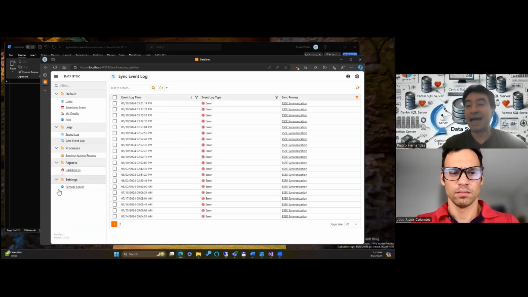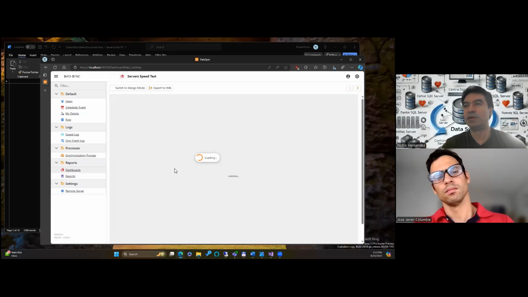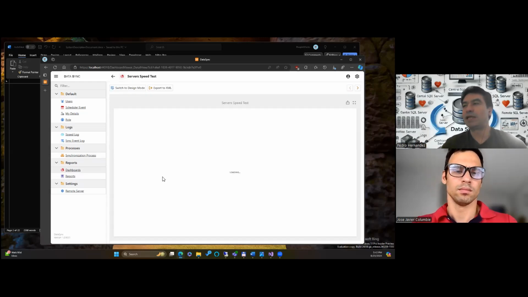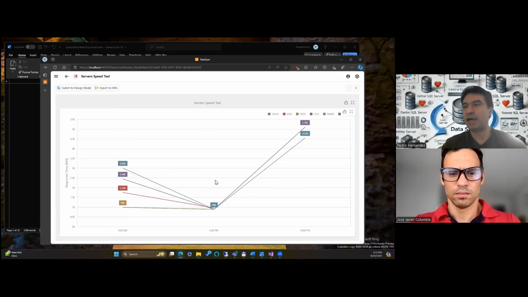So I'm gonna show you the last part, but not the least important, is that we can use the XAF and DevExpress components to make something like this. We are here making a test for the speed for all servers. If you see, we ping the server at different times, and we can have it in milliseconds. If you see in milliseconds, we can have the speed, and we know which